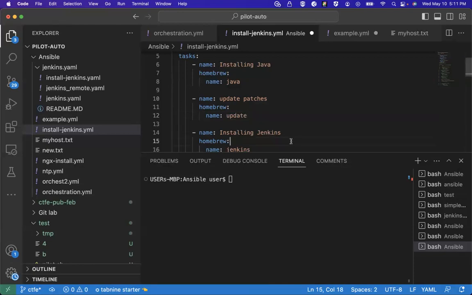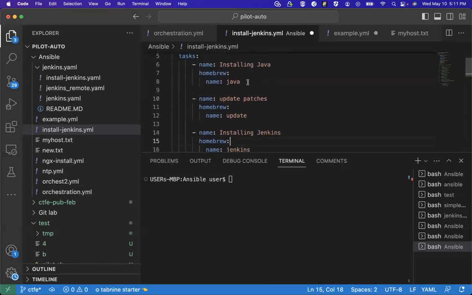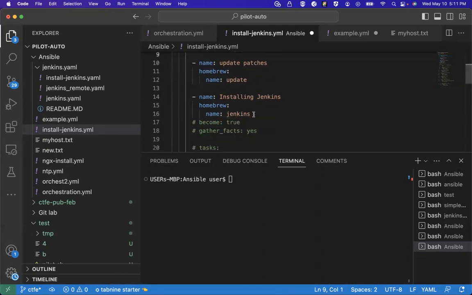Just like that. So what this playbook will do, you first of all go to Homebrew, and it's going to follow it step by step. But I don't want to install Java, so I would comment this line of task out. So now I just have update Homebrew. Which other application? Can somebody tell me something to install? I don't want to use Jenkins now.